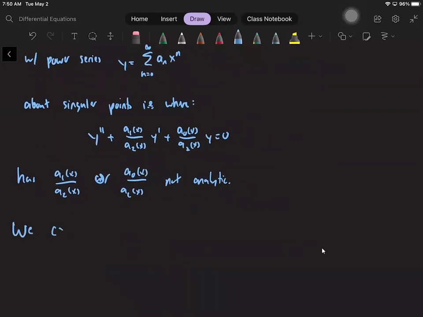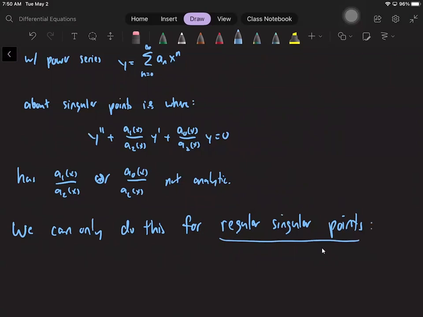So we can only do this for regular singular points. And they'll be pretty easy to identify. But here's what they actually are. So a singular point is regular, or a regular singular point,